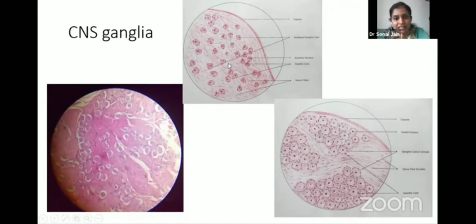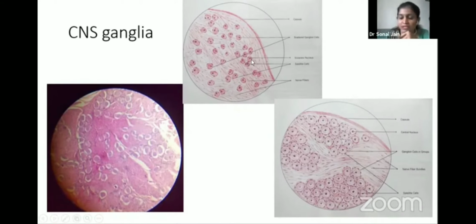And as we can see here, the nucleus is at the periphery, and this one is the multipolar neuron. This one is our motor ganglia. Next, in sensory ganglia the neurons are always present in groups, but in motor ganglia they are scattered, and the groups are separated by bundles of nerve fibers. But here mostly individual nerve fibers we can see. This neuron is covered by satellite cells, and they are well defined in the sensory one, but in this one they are ill defined.